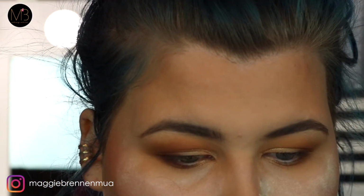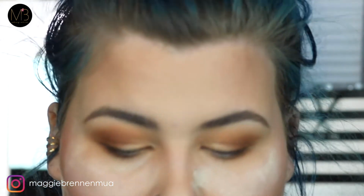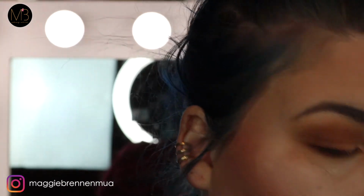And then I'm gonna go in with the shade Bronzy. It is this guy right here. I'm gonna take that on another finger. We're gonna pop that guy in the middle. I'm gonna pick up a little bit more Pure on my hand here and just kind of blend the two